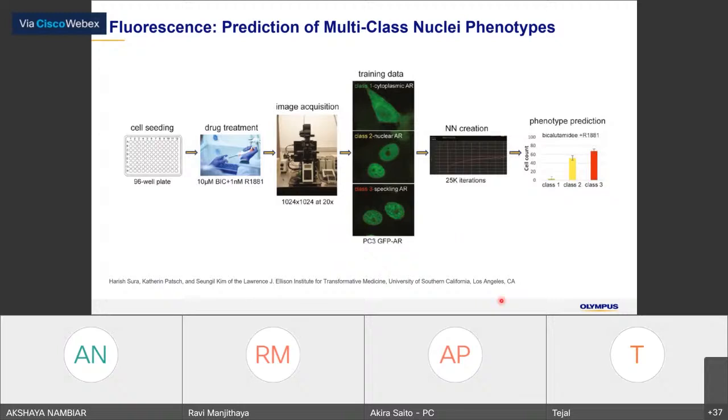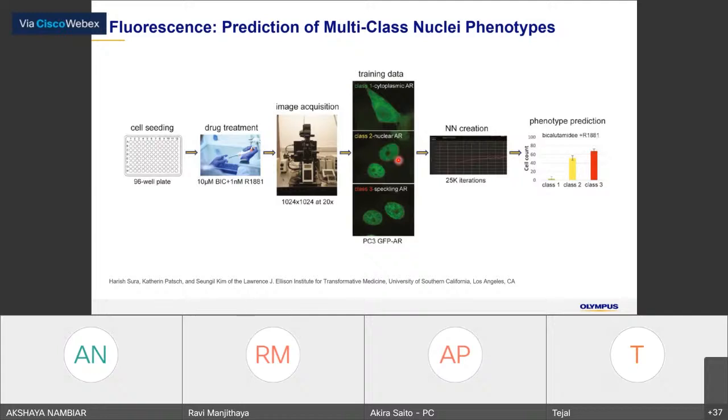And this is one example using our confocal imaging system. The customer has three different types of cells. This one has an intensity signal in the cytoplasm. This one only in the nucleus, but it is almost flat.